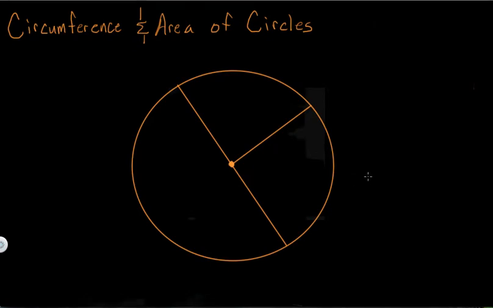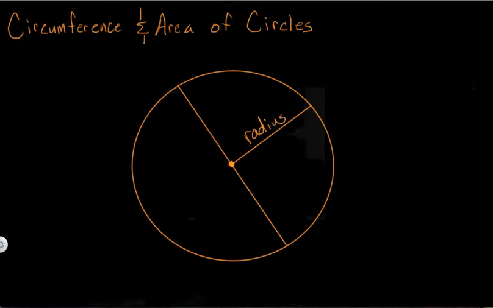This is a circle, and a circle is a locus of points that's equidistant from a center. So this dot here in the middle is the center of our points. This length here is the distance from the center to that locus of points. This is known as the radius